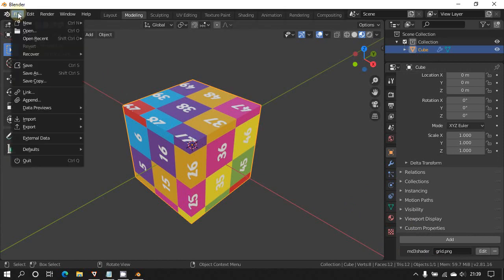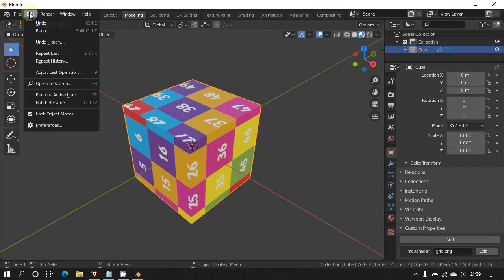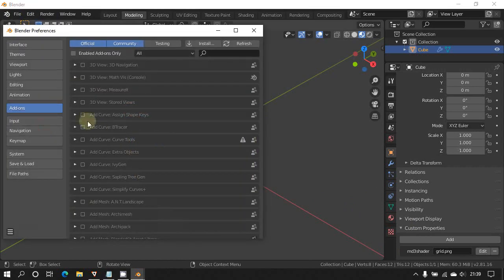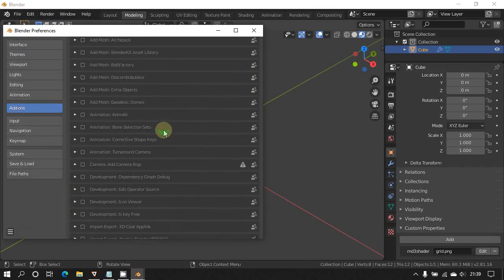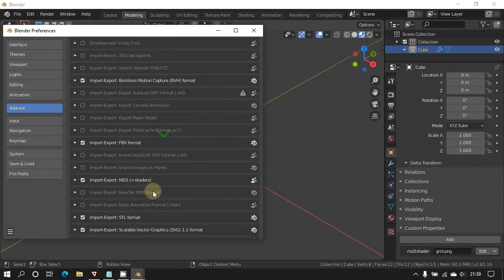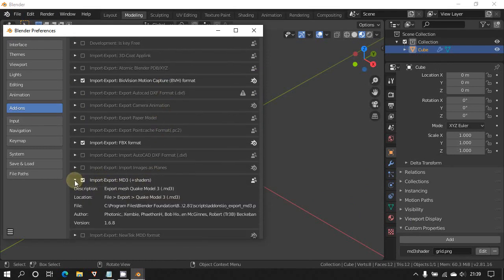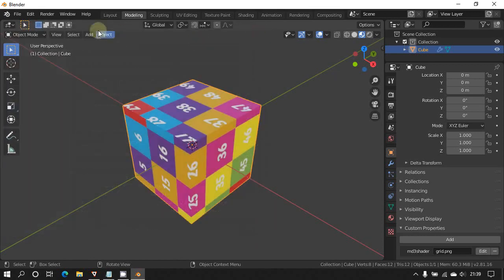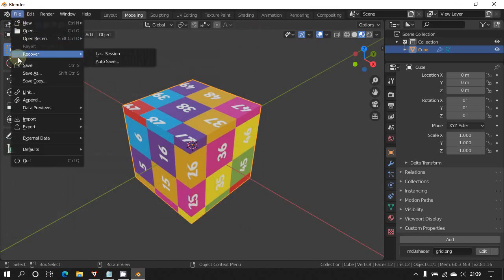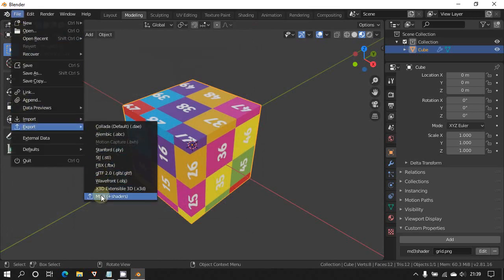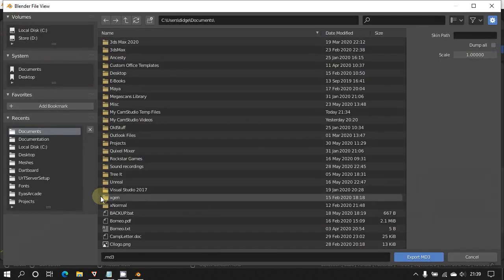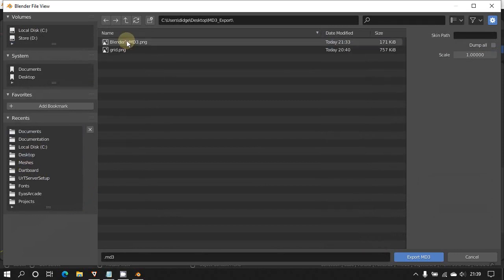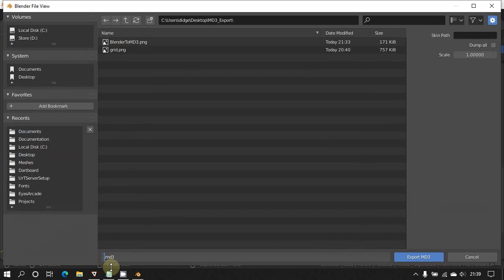So we'll go File, or just in case you haven't done it, under Preferences, Add-ons, you'll find down here the MD3 exporter, so you may need to enable that if you haven't done that already. So then File, Export to MD3 with shaders. We want to stick that on our desktop. I'll stick it in there. So that's where I've got my grid.png, and then we can just call this